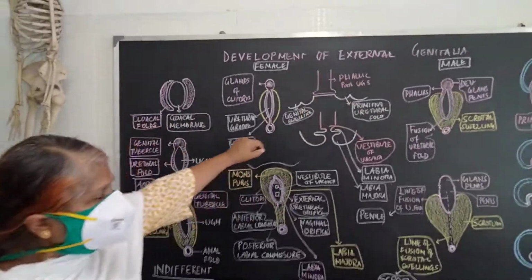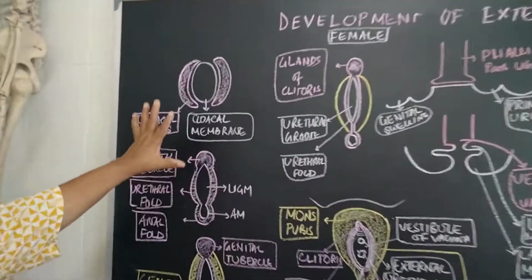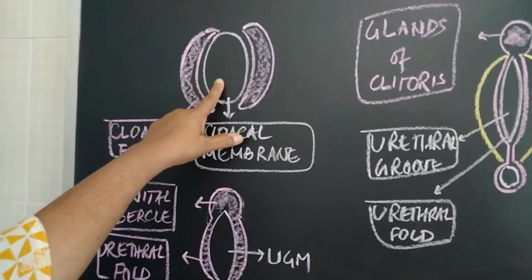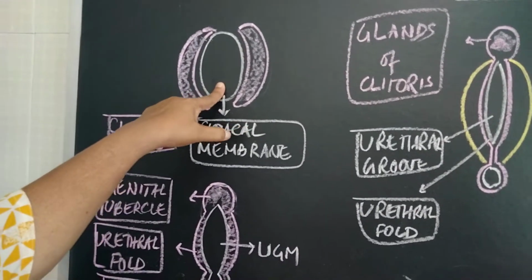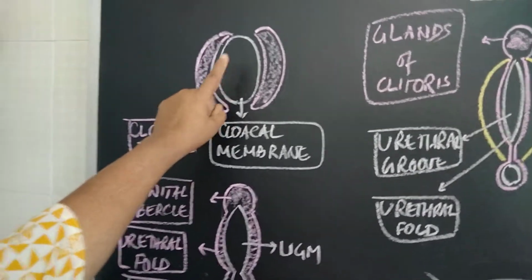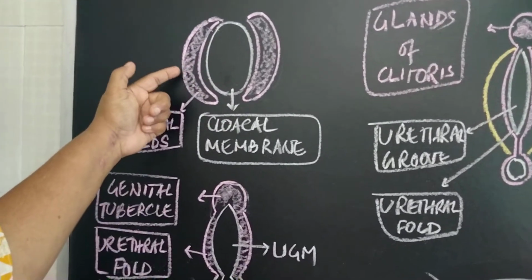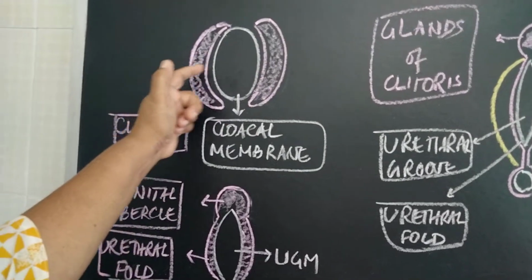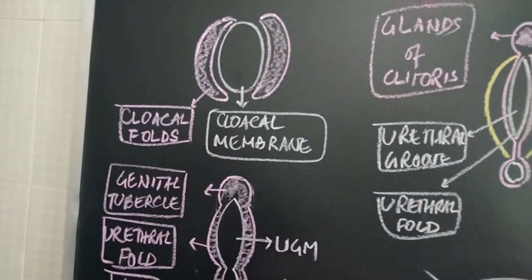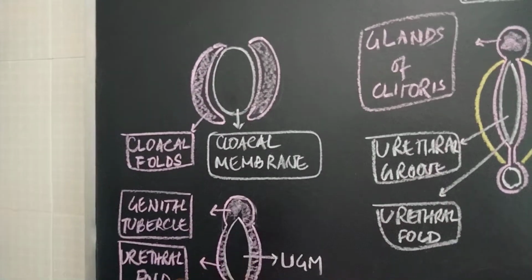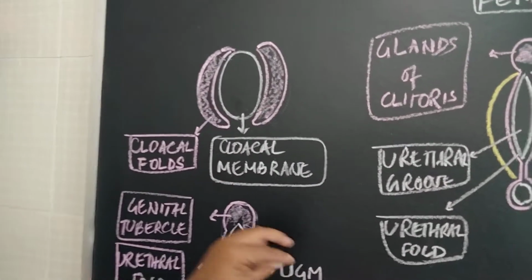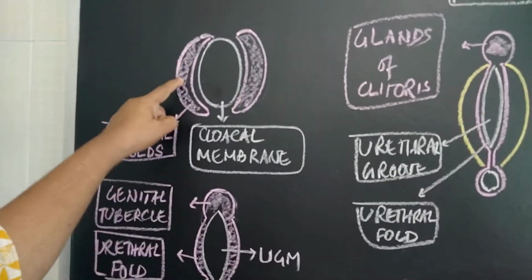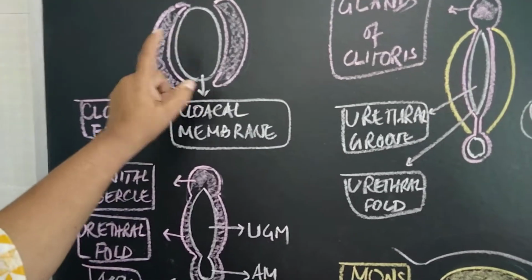External genitalia. First let us see the formation of the indifferent stage. Now this is a cloacal membrane that is forming the covering of the lower part of the hindgut, and from the secondary mesoderm, that is the primitive streak, that will come and surround caudally the cloacal membrane. We already know that the intraembryonic mesodermal tissue will be proceeding from the primitive streak, cranialward and caudalward, to enclose the cloacal membrane. Okay, and this is forming the fold called the cloacal fold.